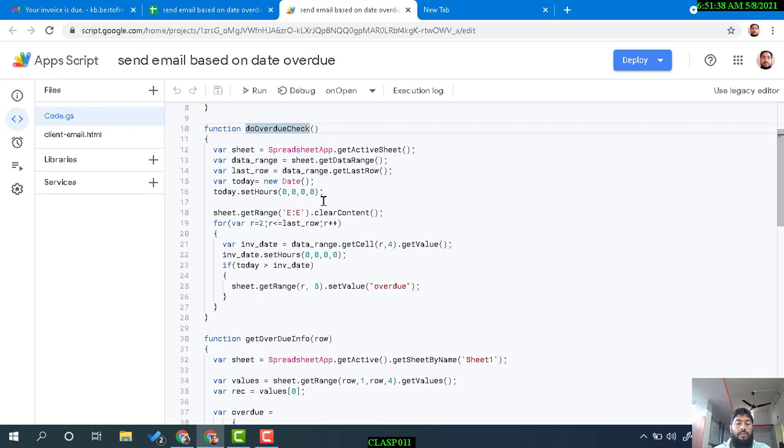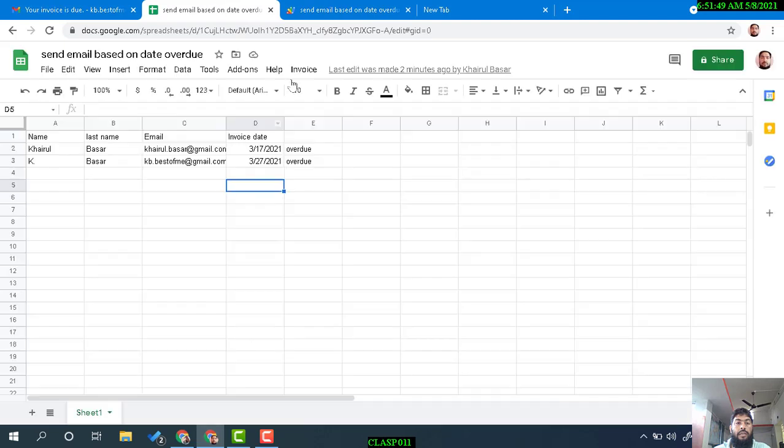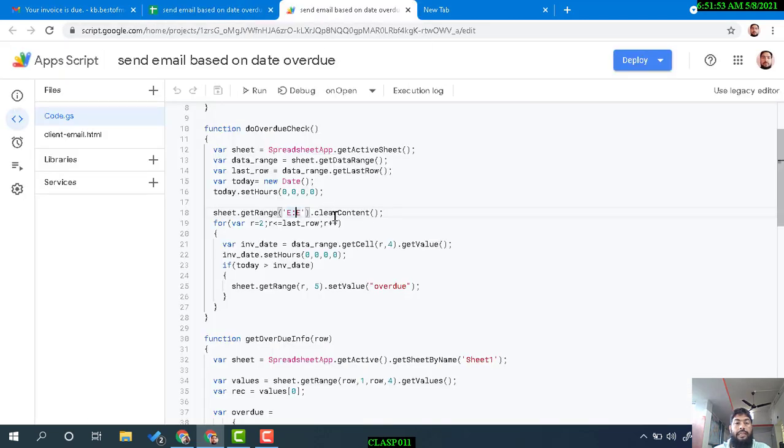What it does is set an hour, midnight, and then the column, that is this one, it's resetting, clearing the content, and then